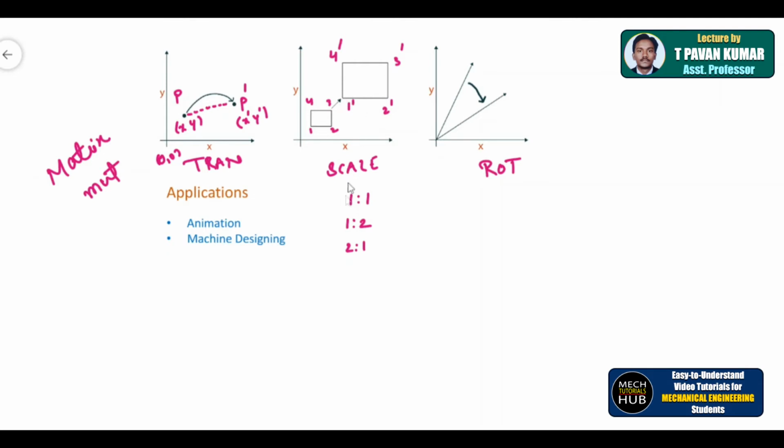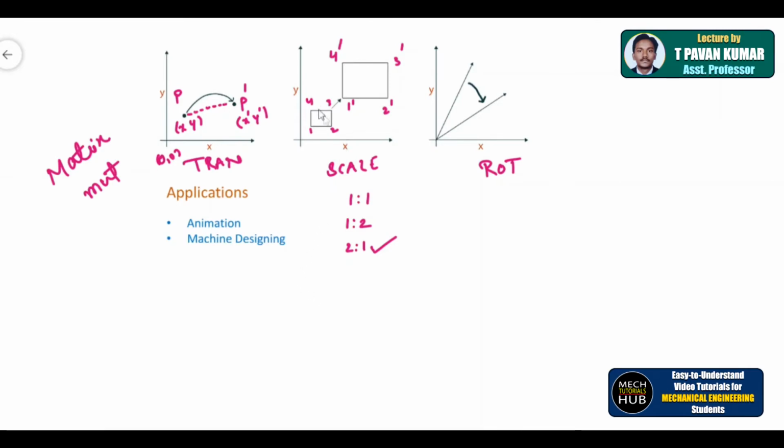Here the size got increased, so we are going with the third effect. Alright, it got increased by 2 units or maybe 4 units or maybe 3 units. That will be given to you in the question. Because whenever you talk about the CAD system theory part, you have to solve the problem on a sheet of paper. There won't be any software for that. But when you actually talk about any modeling software, all the tasks are performed automatically the way you want, according to the way you select the tool.